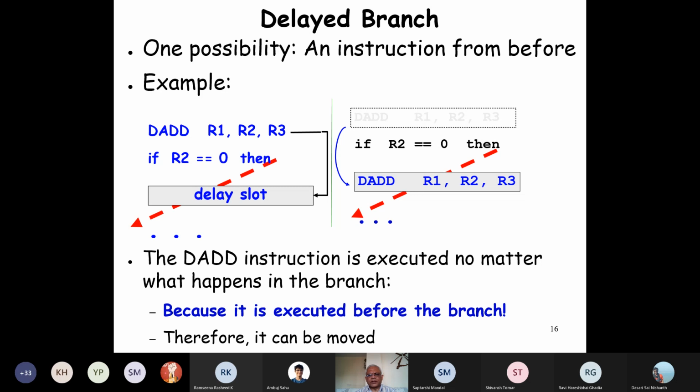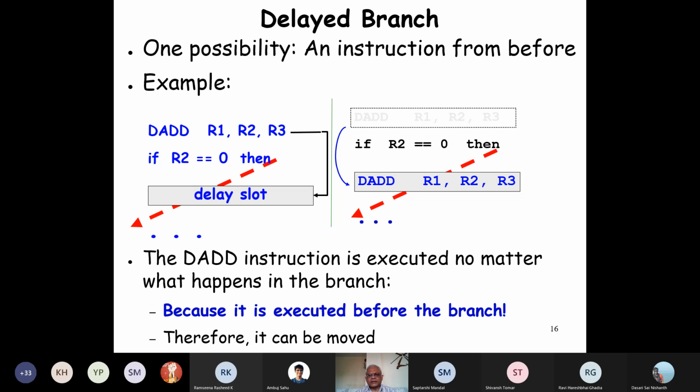So first the branch condition instruction executes and then the add, and by the time the add completes, the branch outcome is known. This is not the MIPS processor, some other processor for simplicity. So if the compiler can do this, then the branch hazard is resolved. We achieve the solution in software.